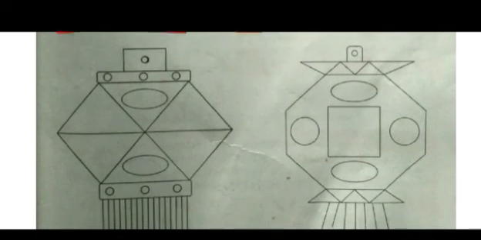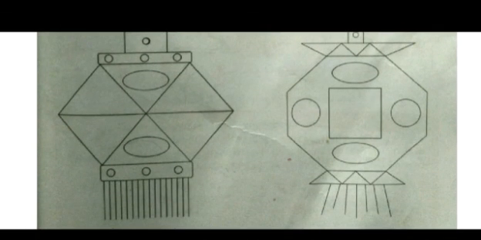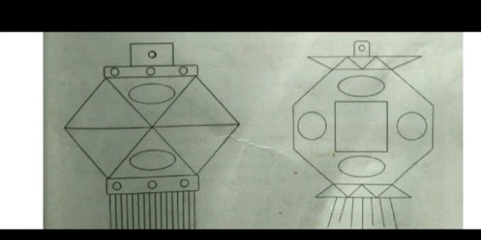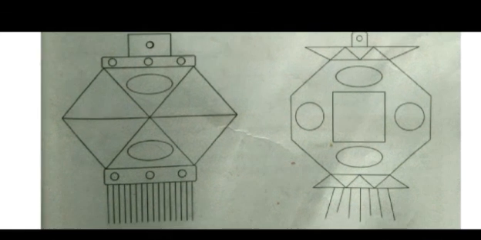So now you have to color this lantern according to the color codes. You have to see the different shapes and you have to color them according to the codes that are given to you. So I would like you all to try this as homework. Okay, scholars?